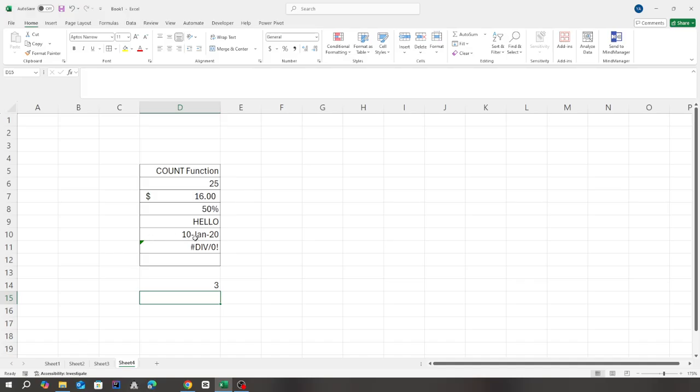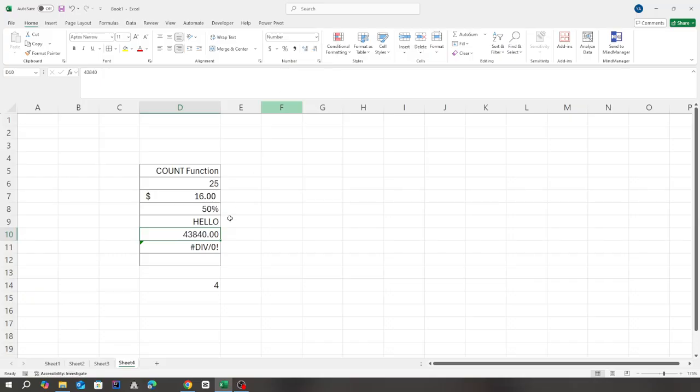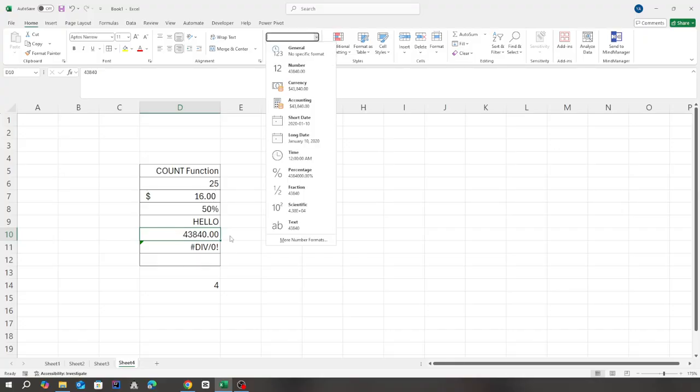Now, if I have a date, technically this is not numerical, but inside of Microsoft Excel, each date is a number. So if, for example, I select the date right here, as you can see, little mistake from my end. If I select the date right here, as you can see, it counted as a number. The reason for this is that this date is a number. And if I put it in a number format, this is the number associated with this date. So now if I take this number and put it in a date format, it's going to be the 10th